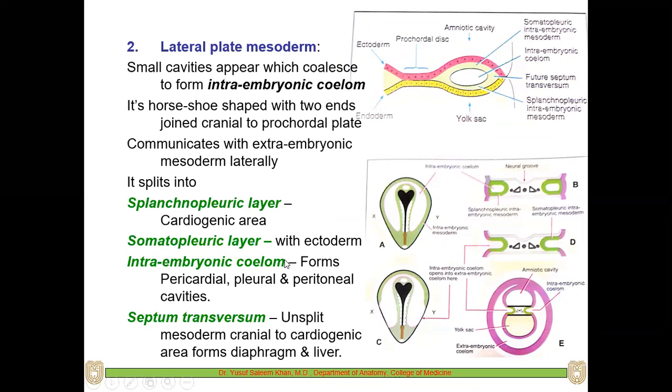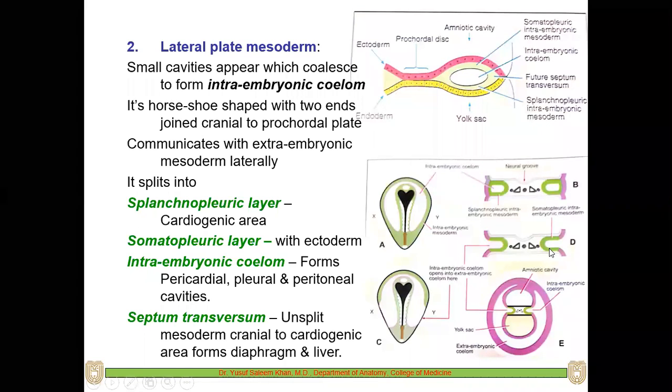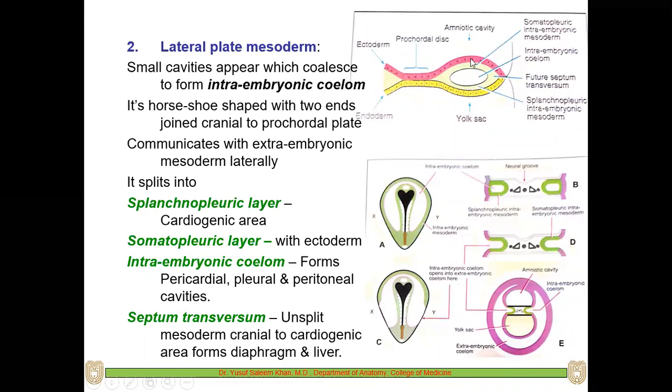So the splanchnic layer, the upper layer of cells here. If you see here, this layer of cells. Okay, one is called the somatopleuric, and the lower layer is the splanchnic layer. Here, if you see, this is the same thing, somatopleuric, and here is the splanchnic layer. So the splanchnic layer will form the cardiogenic area, which will later develop into the heart. The somatopleuric layer above will form the ectoderm, and the intraembryonic coelom forms